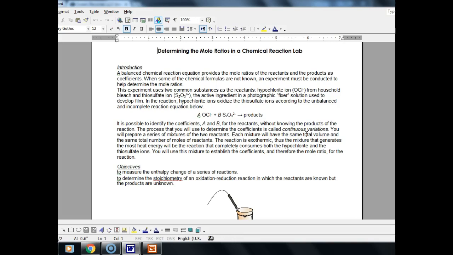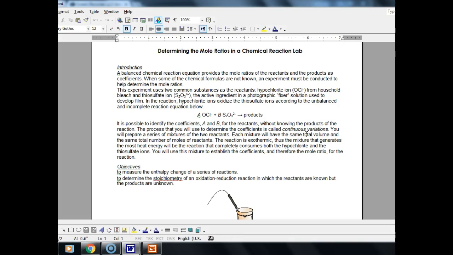We also did that in large part so we could compare our data points to one another. That's why we didn't do 40 of solution A and only 5 of solution B. We wanted to keep that volume amount consistent